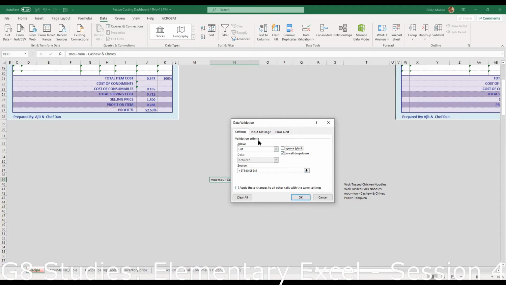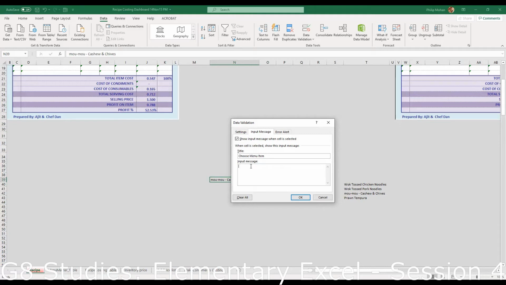Then you notice these other 2 tabs, input message. Now I can give an input message. Choose menu item. Well, I don't know, you can put some message here.